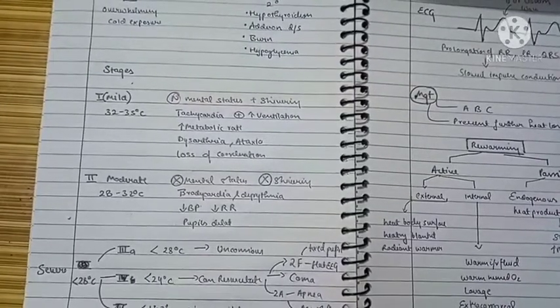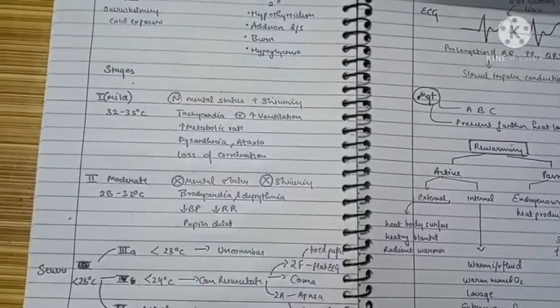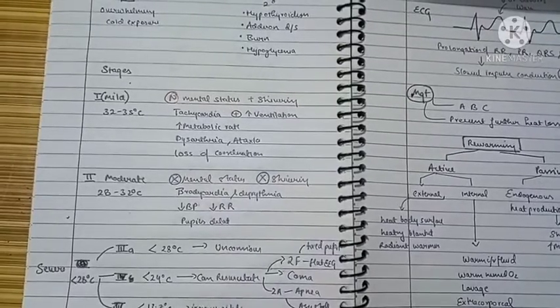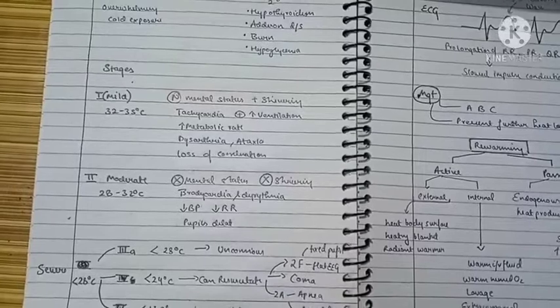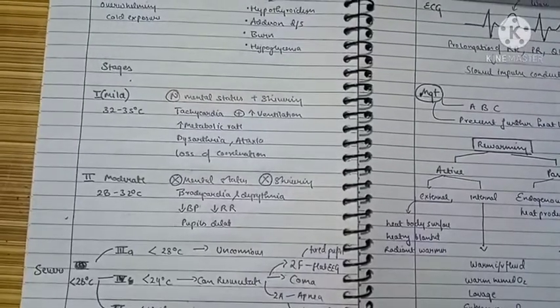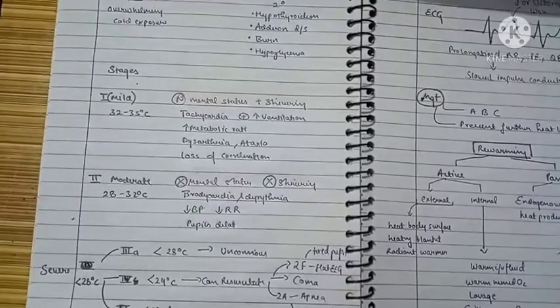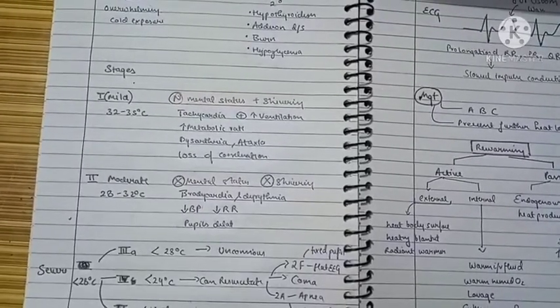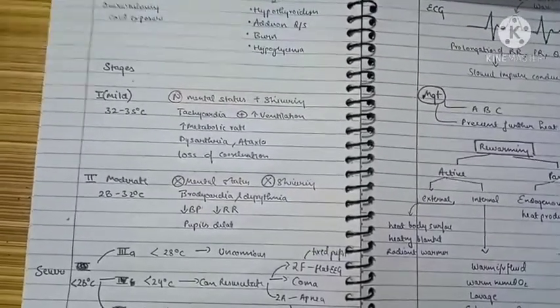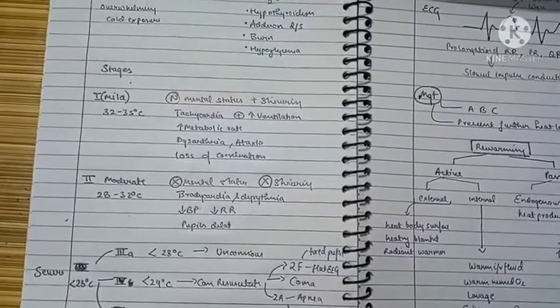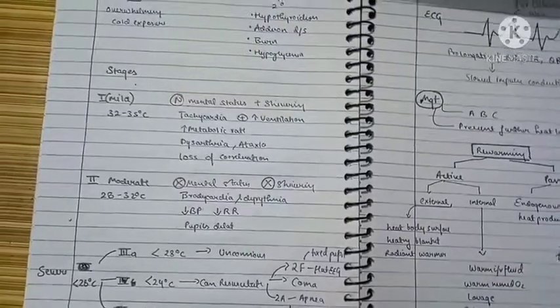There will be increased metabolic rate for thermogenesis. Also, there will be increased ventilation and tachycardia. Consider yourself coming out of cold water. You have dysarthria and loss of coordination. This also occurs in a patient who is in hypothermia and is in a compensatory mild stage. He has dysarthria and also ataxia plus loss of coordination.